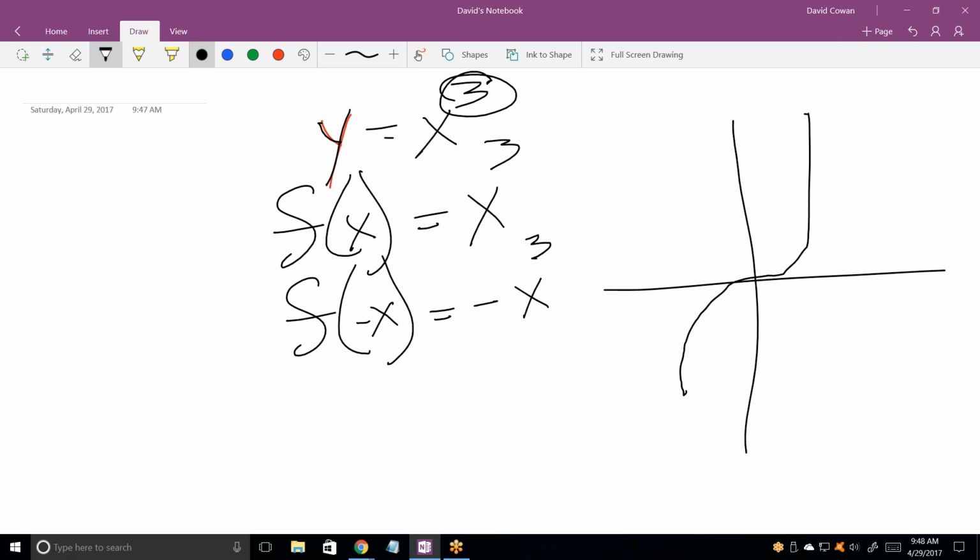And then you can kind of go from there. But notice this does not have symmetry with the x-axis. And the reason it does not is because it wouldn't be a function if it did. If I had something on this end of it that looked like that, well, it's immediately going to flunk the vertical line test. So when you're dealing with things that aren't functions, which are called relations,